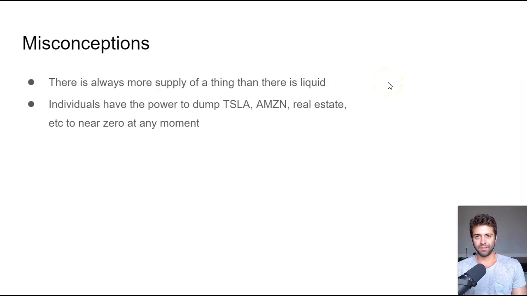There are individuals that have the power to dump Tesla, right? Elon Musk owns probably 30% of the company. Do you think there's 30% of all stock even liquid on the market? The answer is no. And so if Elon Musk just went totally AWOL and decided to destroy his own company and sell all of his stock, sure, he could crash the price probably to almost zero. You know, does that worry you about getting into Tesla stock? And if so, don't get into it. I'm not trying to sell you on HEX either. Yeah, this is possible to do in HEX, but for the same reason that Elon Musk and Bezos don't want to self-destruct their own products, it's the same reason that everybody just kind of keeps the game going.